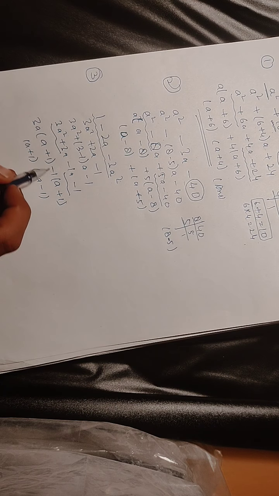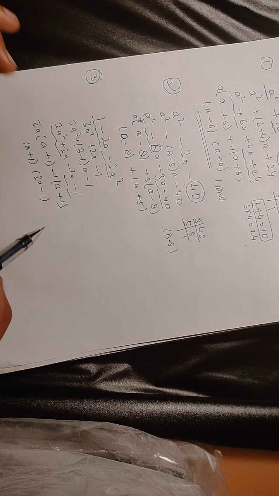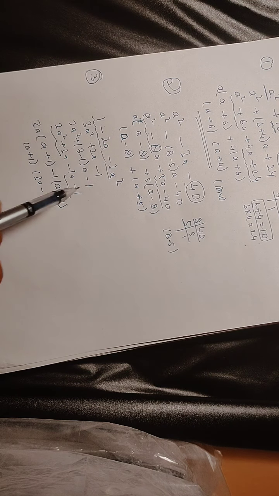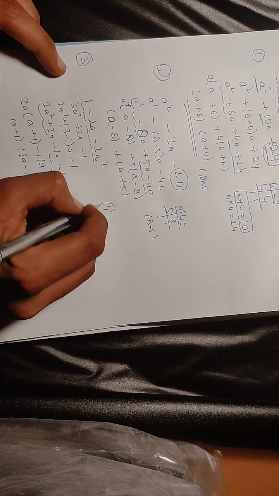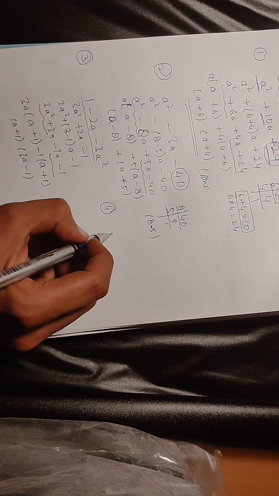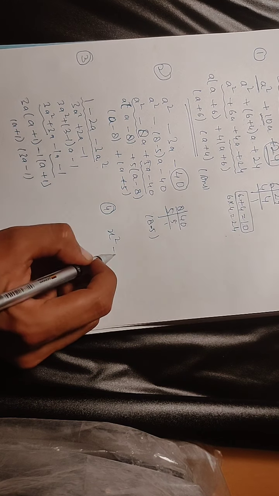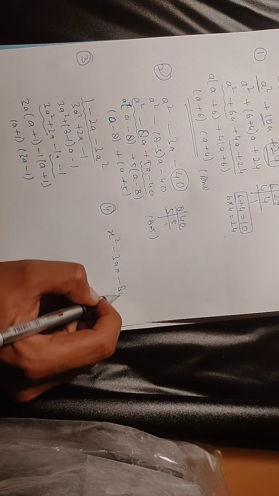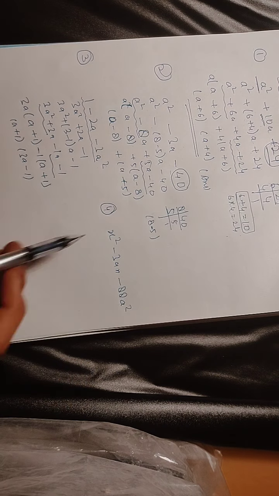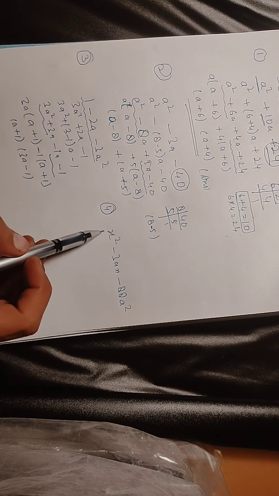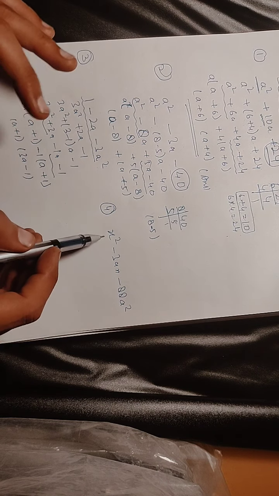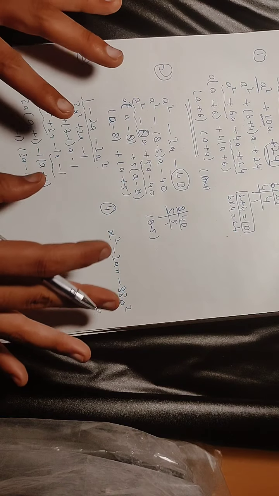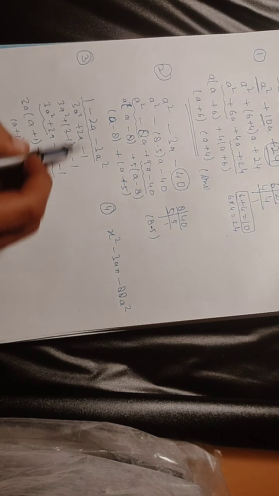I expect you know this form, minus plus minus also, because this is the only probability condition where you may find any problem. Just look at this third question and then the fourth question. The fourth question is ax square minus 3ax minus 88a square. In this form all variables are different, and here you may not find a number, so you can just take it as it is. Don't change it, just like the third question.